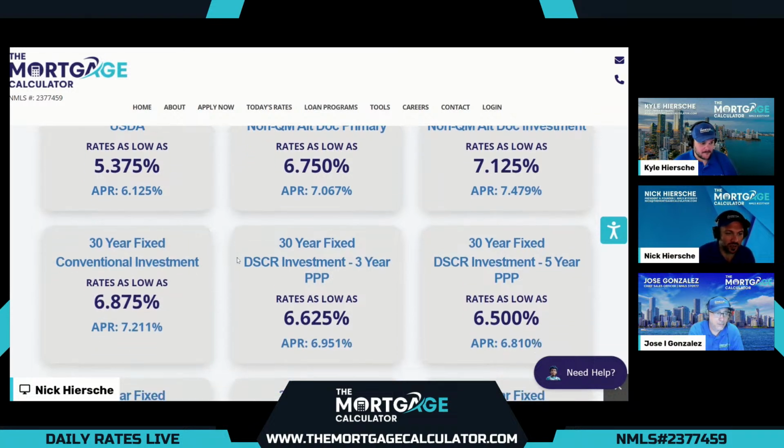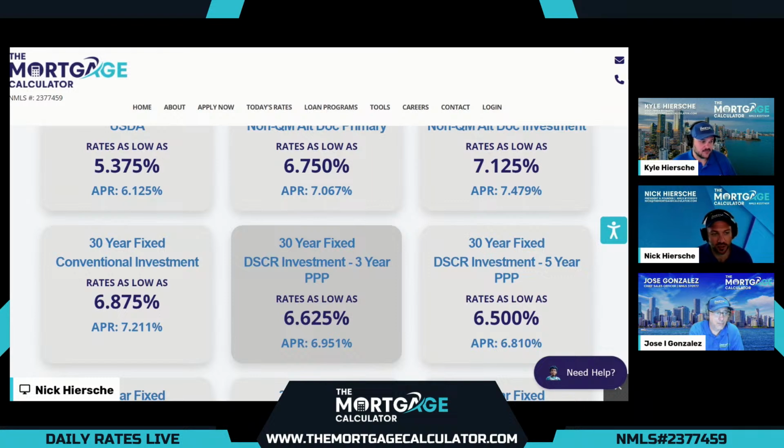But always recommend our investors check out our favorite programs. DSCR stands for debt service coverage ratio. No income needed, no employment needed. We simply use the estimated rents from the appraisal to determine a DSCR value. If the rents can cover the expenses, aka the property will cash flow, that's a ratio of 1 or higher. For all the demos here, we use 1.5 so we can see all the programs.